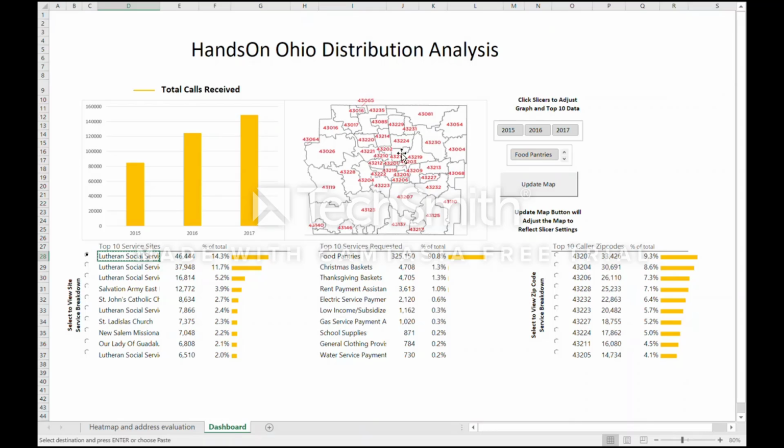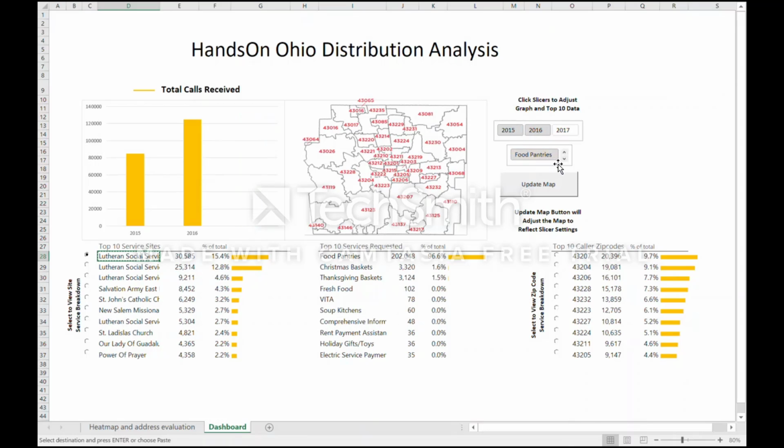Last thing that we have here is this map. Right here, it is a map of Franklin County with all of the zip codes mapped out. Now, I will select just 2015 and 2016, and I guess I'll keep food pantries on. Then I'm going to click this update map button here, and it'll plot all of the color locations onto this map. Takes a little bit of time, but it'll really help the user visualize and see exactly where some problem points are